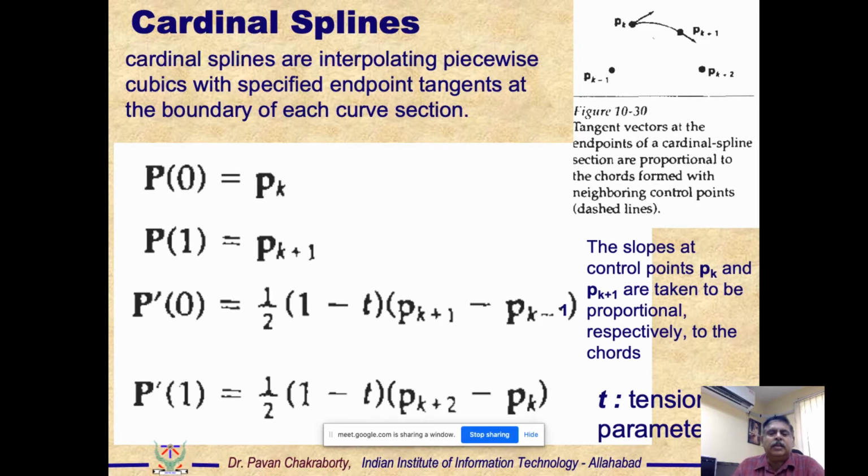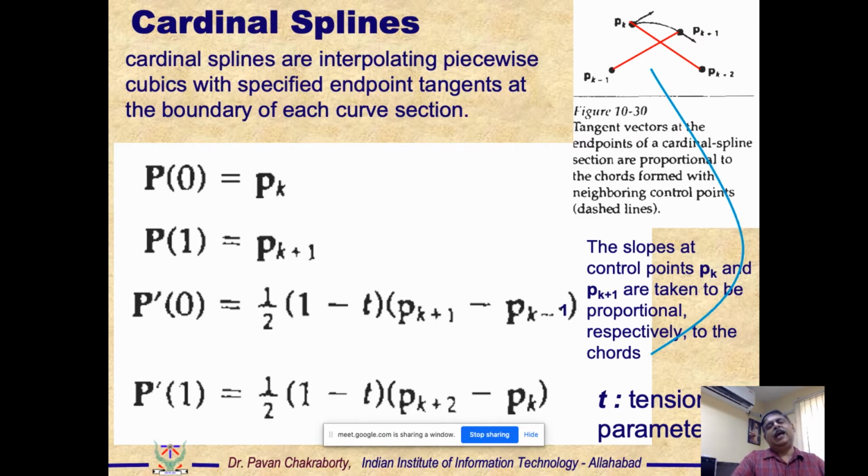So you see the derivative, which was a constant multiplied by pk plus 1 minus pk minus 1. Now please note here that the values are interlocked. So you don't have pk minus 1, but you have pk plus 1 minus pk minus 1 and pk plus 2 minus pk. So effectively I have a scissors-like effect, which is given here. These derivatives effectively are holding the curve diagonally, as if trying to tighten the